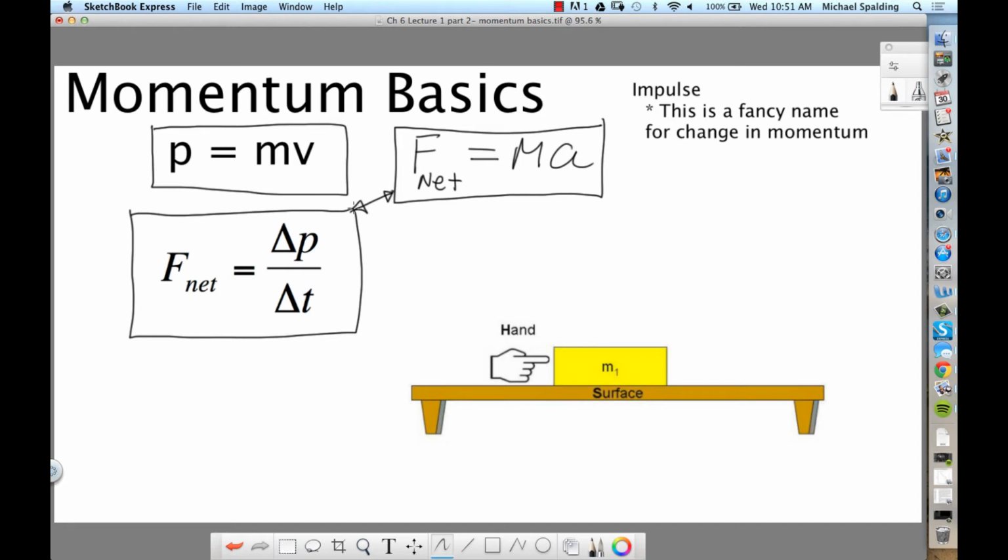They're 100% identical. What Newton said back in the day to his homies was, look, yo, the net force on an object will equal the change of momentum of the object divided by the time it takes to change the momentum. Now look, in this class, change of momentum